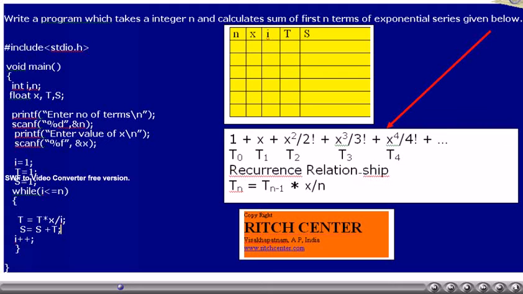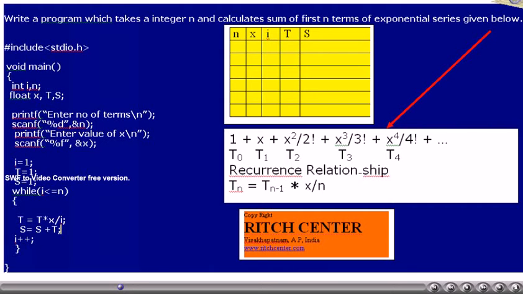We are required to calculate sum of n terms of the exponential series. Thus, we write a while loop which runs for n times and calculates each time one term in the exponential series, and then that will be added to the sum.